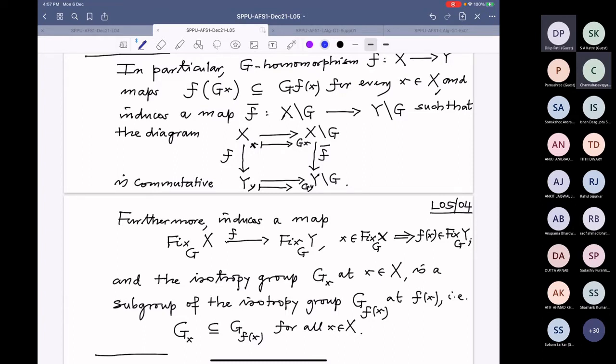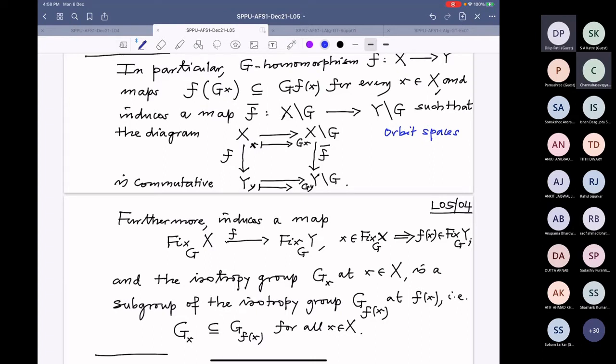And it induces a map on the orbit spaces. These quotient spaces are called orbit spaces. Right? X to X/G is a quotient map, and Y to Y/G is a quotient map. These are called orbit spaces. Let me mention here, these are orbit spaces. And the slash is written left to right because we are considering left operation. Operation is on the left always.